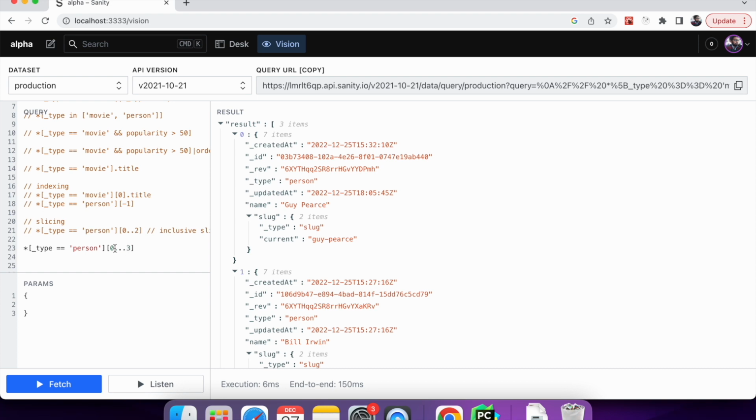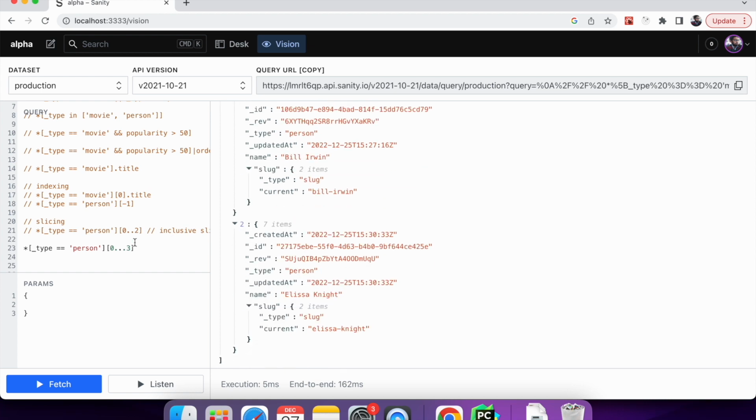So this will give me the first 3 results. Over here you can see when we had 2 dots, 0, 1 and 2, all the indices were included. Now when we have 3 dots, the last index which is mentioned is not included. So this one is called non-inclusive